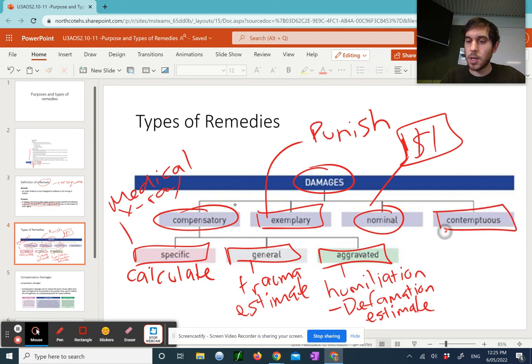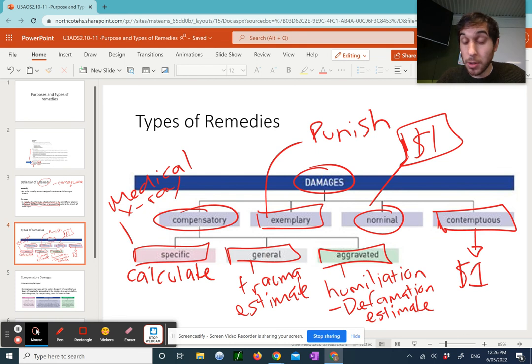Contemptuous damages are sort of like the opposite. That's when the court says, all right, well, technically, you have won this case. Technically speaking, we have to recognize that you, the plaintiff, are correct, but why did you waste our time? I can't believe you took this to court. Get out of here. So they might say, all right, technically you've won. Here, have $1 and get out of here. So an example of that is